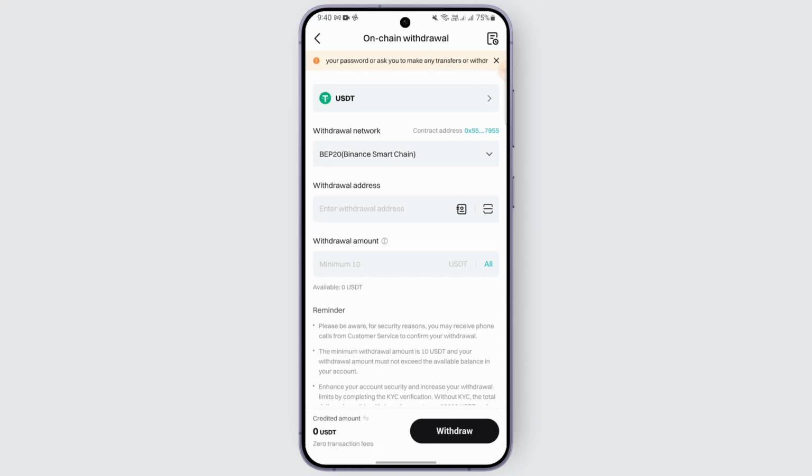So what you need to do is just get back to the Binance app. You need to open the Binance app. After going to your Binance app, you just need to tap on deposit, click on deposit crypto, and select USDT. After that, just copy the network address and withdrawal address from there and paste it right